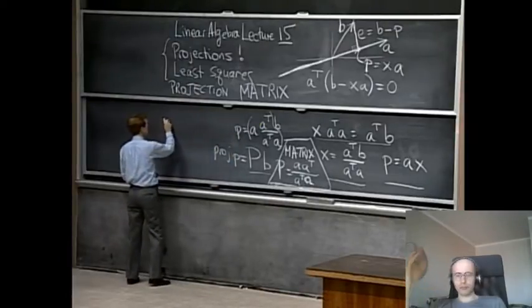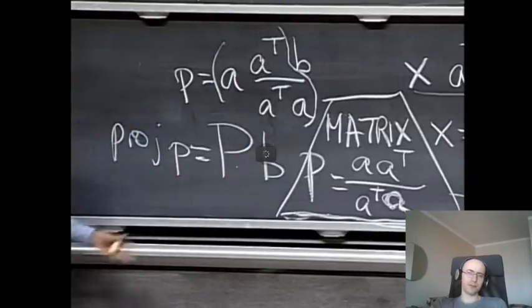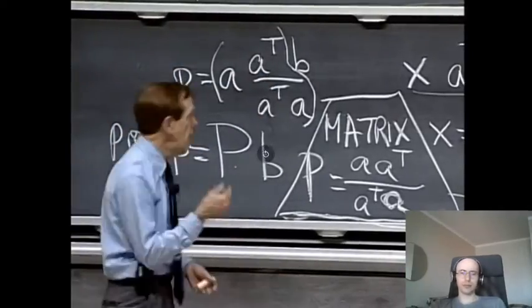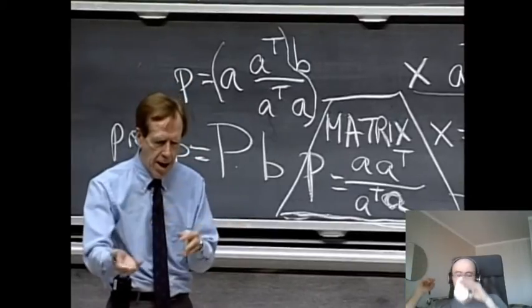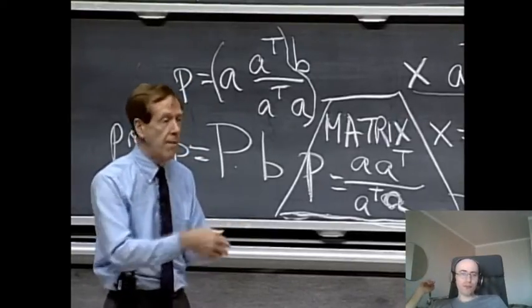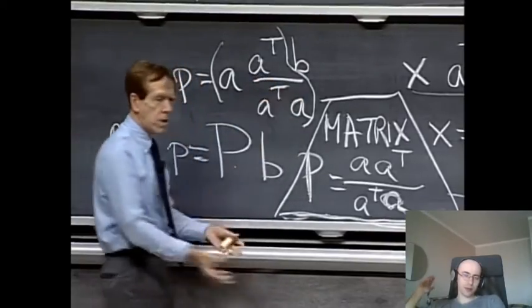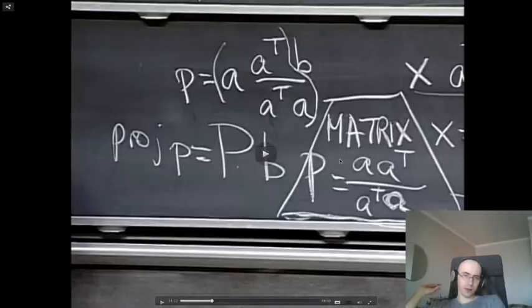Again, that's what column space is. When you multiply any vector B by the matrix, you always land in the column space. Why? Because